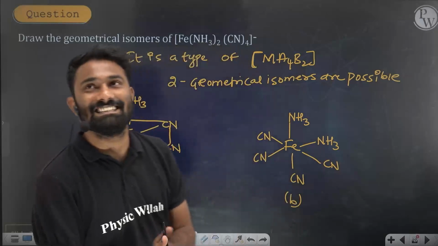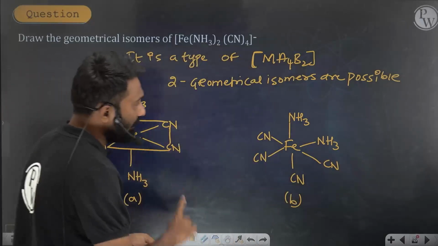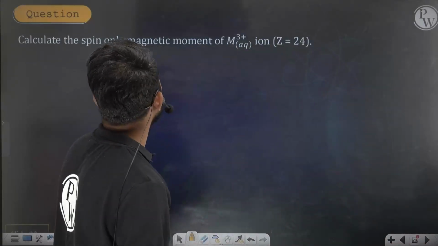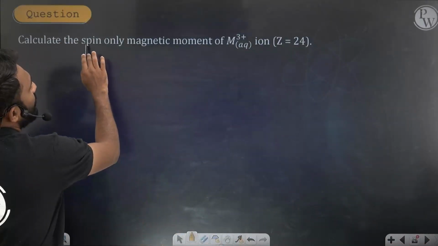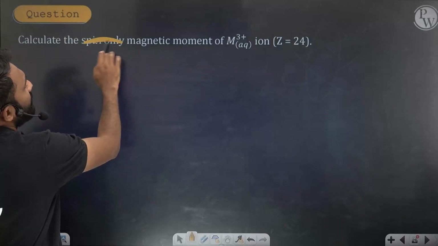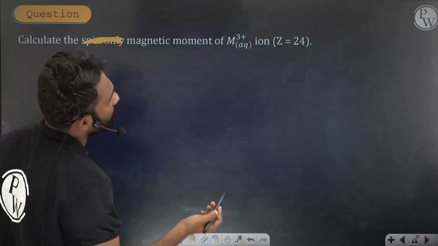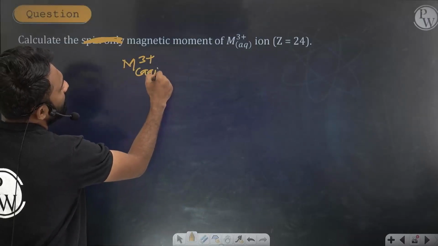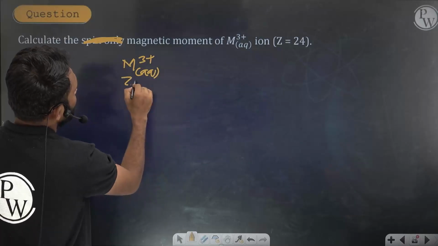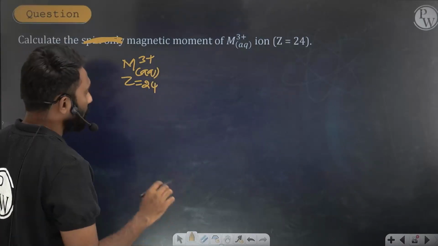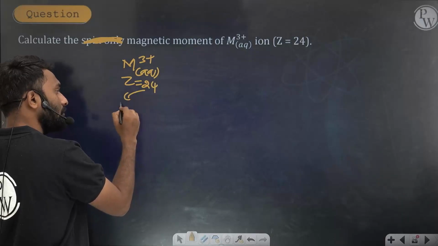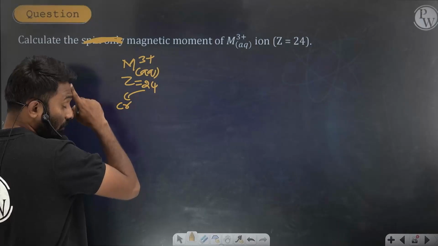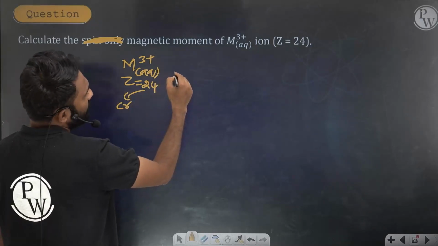Okay, next. Calculate the spin only magnetic moment of Cr3+ aqueous. Already we have seen this, they are repeatedly asking this question. The metal atomic number is 24. Which metal is atomic number 24? Chromium. Chromium electronic configuration is